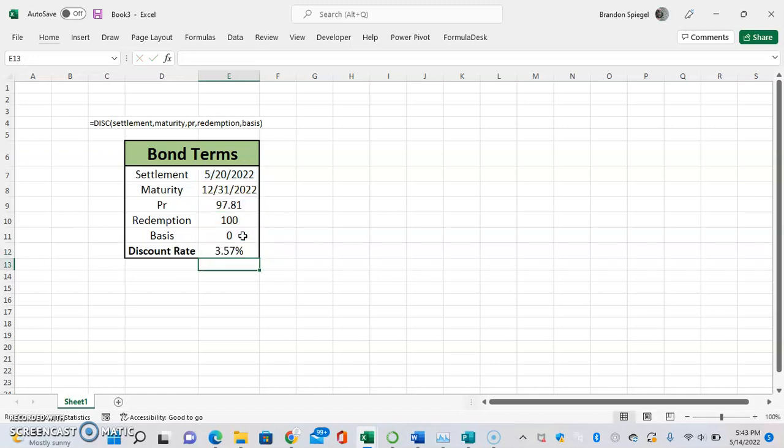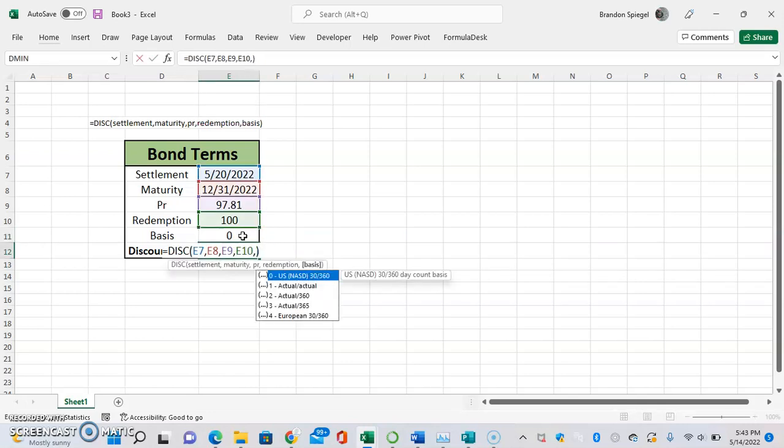As you can see, with these given parameters, the discount rate is 2.57%. This is very useful too, because you can see how the discount rate will change as you change your parameters. So just say you change the basis to be actual over actual instead,